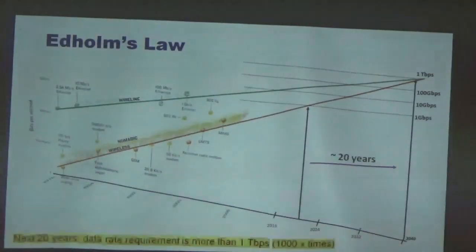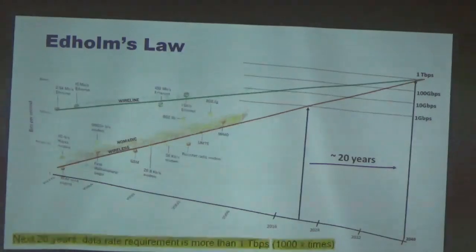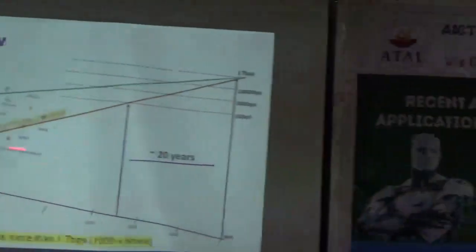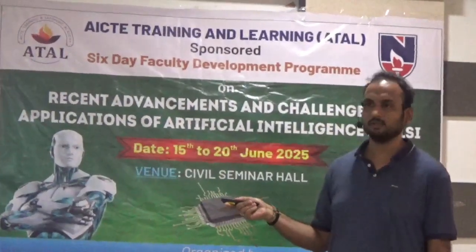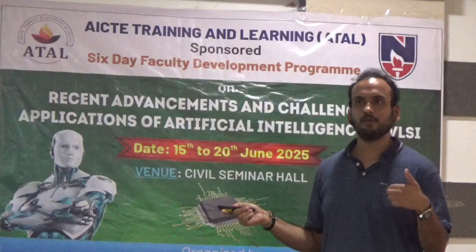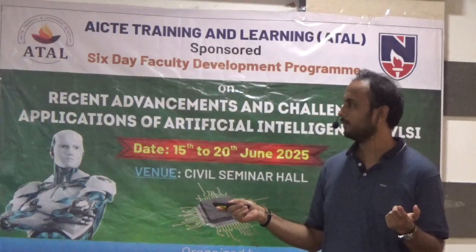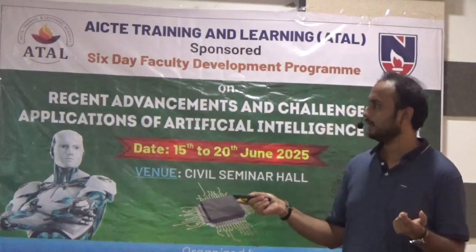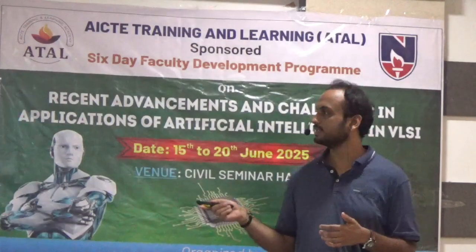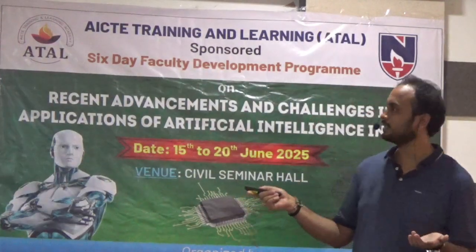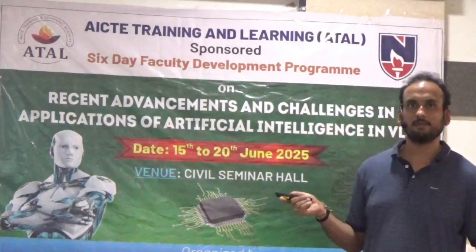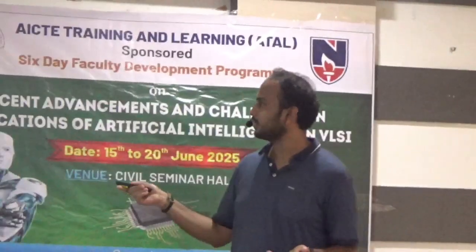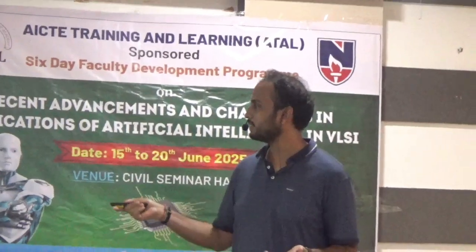So let's move to what are the motivations. What are the roadmap or what are the requirements in the next 20 years? So these are the two lines. If you see this orange line, this is the wireless line. So this tells about the speed of your mobile phone. On the x-axis we have the year. As we are moving forward, this shows what is the requirement from your mobile phone, and this is your wire line. Wire line basically means your broadband or your optical fiber internet. So this shows what is your requirement. As we are standing somewhere here,